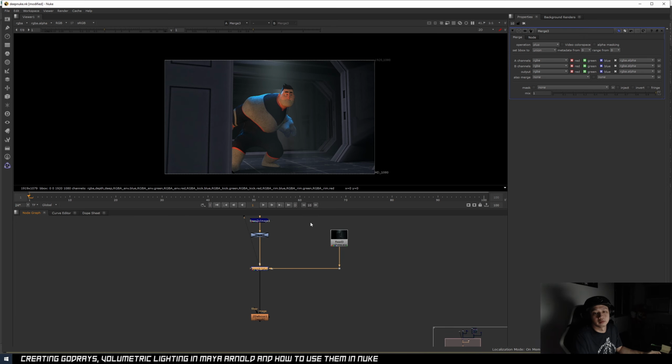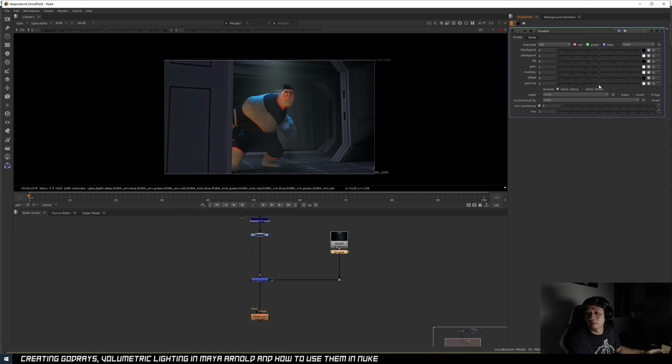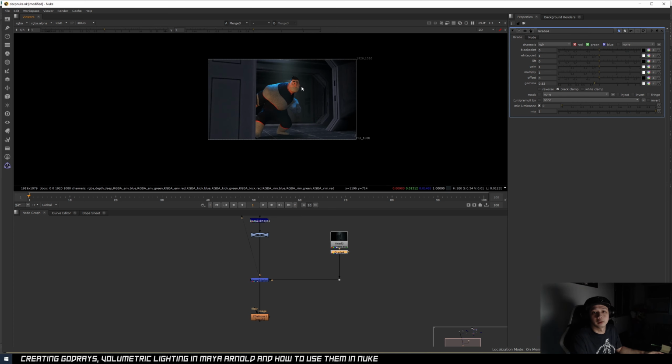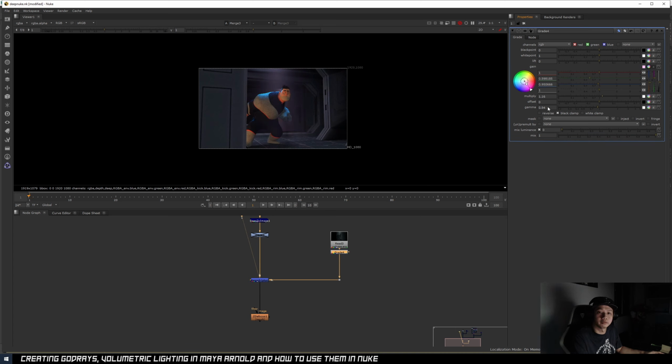In cases where you want your breakups to be more prominent, you can go into the grids. Then you can reduce the gamma, so you can narrow down where you want your spotlight to be, or you can increase it if you want to increase the spread. Do any multiply adjustment. You can change the color even if you want, or animate them. Let's say it's a disco, you can change the colors however you want. So that's how you should be using it.